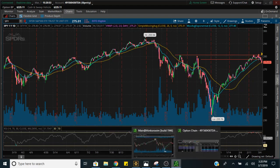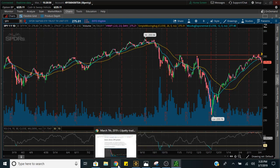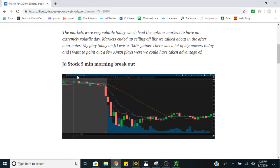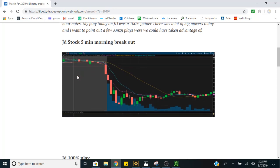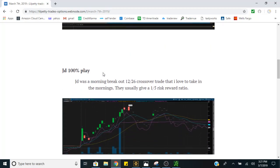So let's talk about my play. I took a trade today in JD. I traded a 5-minute morning breakout and it ended up being a 100% play. It's a strategy that I call the 1226 crossover trade. It's a morning breakout mixed in with the 1226 crossover trade, and it usually gives around a 1 to 5